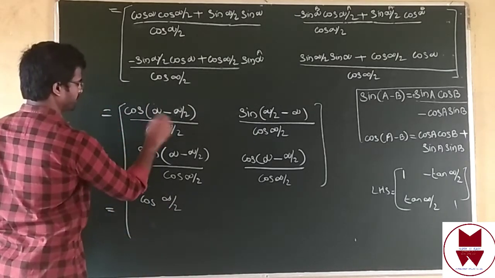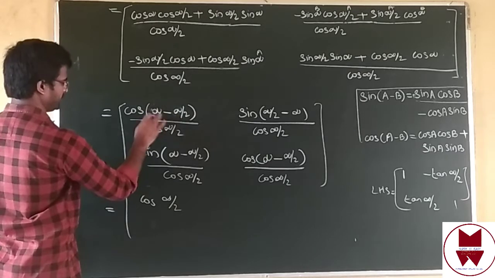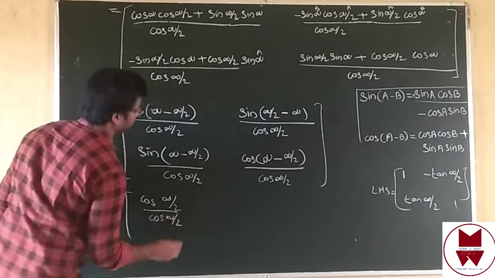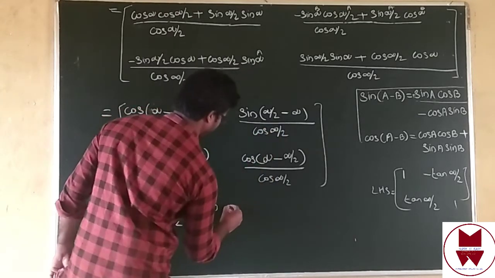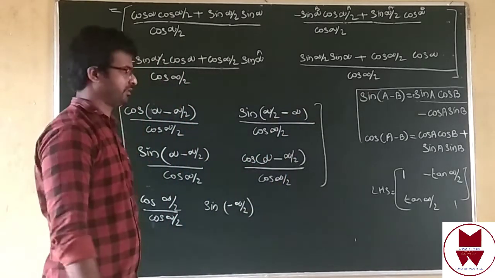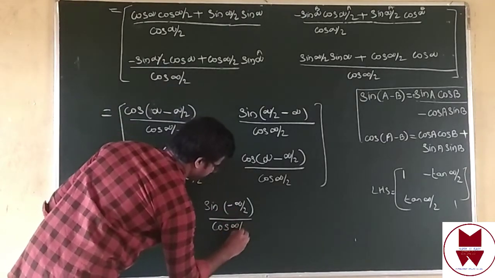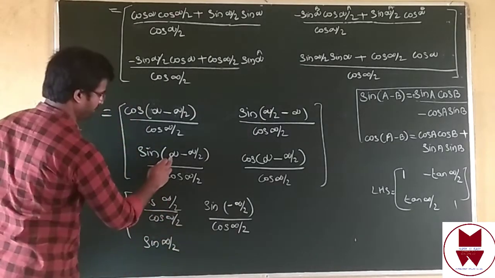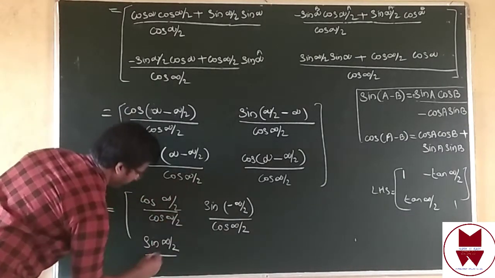Just think here, take LCM. LCM is 2, isn't it? And then in here 2. 2 minus alpha is 1 alpha. Take LCM inside. And then divide by cos alpha by 2. This one. And here also take LCM sin. What will we get, if you are taking LCM, you will get minus alpha by 2. Alpha by 2 minus alpha, that is minus alpha by 2. Then divide by cos alpha by 2. This one, sin alpha by 2, alpha minus alpha by 2. Take LCM there also. Okay, we can divide by cos alpha by 2.